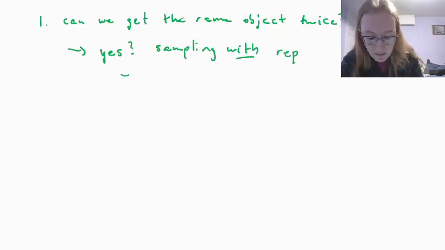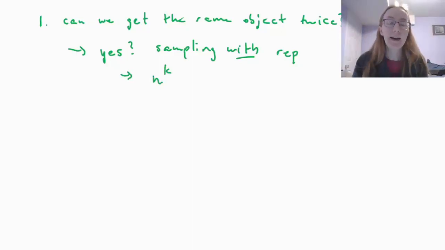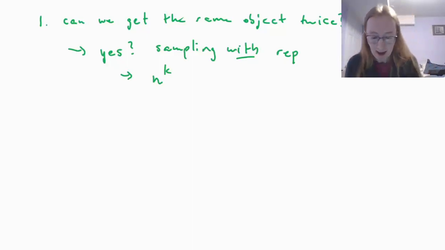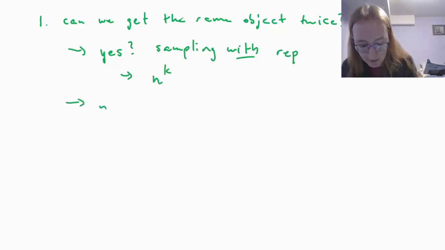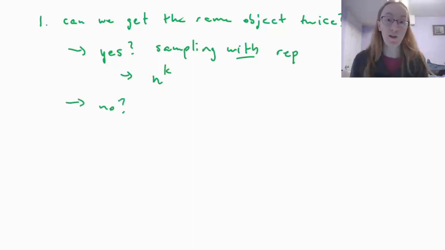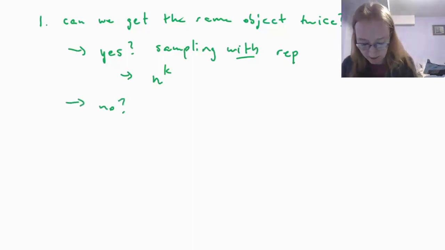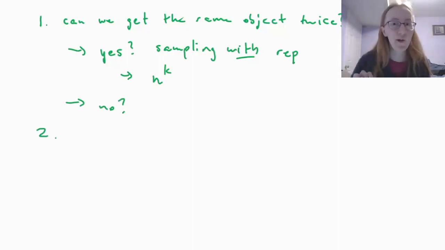And then we know we're going to use n to the k, because every time we select an object, we still have n choices. So we're not losing any, we're not using things up. So we're going to use n to the power of k if we're sampling with replacement. And then if the answer is no, then we move on to question 2, because that's also important. So question 2, if the answer is no, so we cannot get the same object twice, then we ask,